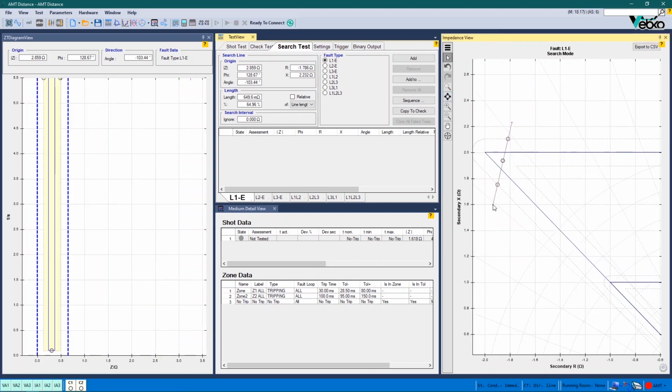Another point is that if you draw a search line or check line like this figure, you can see that in addition to adding shots on places where the tolerance is fractured on the ZT diagram, the software adds a shot inside the zone and in the middle of the ZT characteristic accordingly. To explain this, if the line drawn from within a zone crosses a zone with different operation time but no point is shot from that zone, the software adds a shot to a point on search line or check line in the middle of its characteristic in ZT diagram and impedance view.